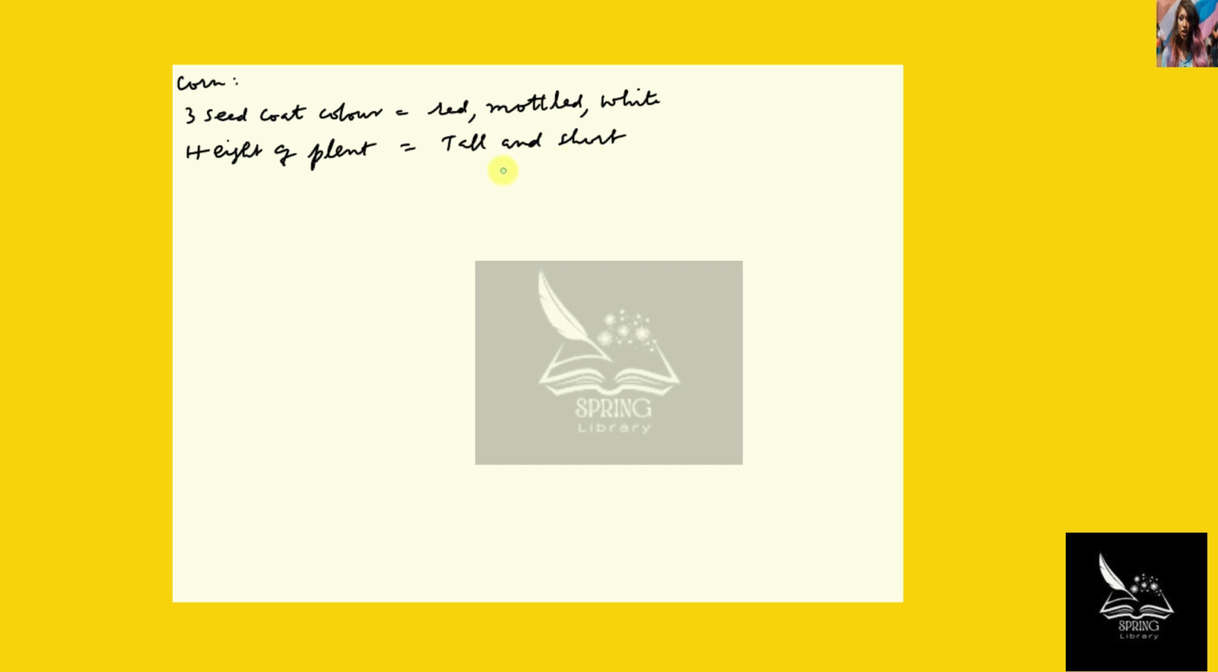And if you cross a homozygous red and tall plant with a homozygous white and short plant, you get all mottled plants. So here homozygous red and tall plants are crossed with homozygous white and short plants, then we get all mottled tall plants. Now when these mottled tall plants are selfed or self-crossed,